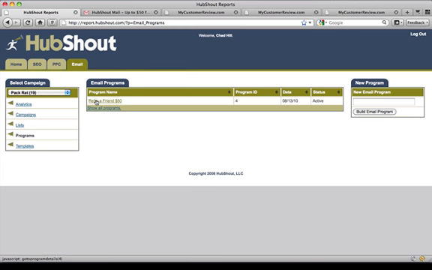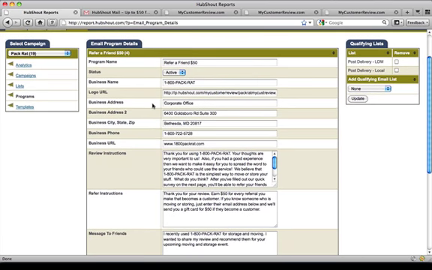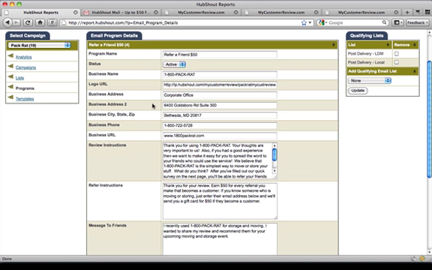So I'm going to go into a program name that already exists called Refer a Friend. You could of course build a new one to the right here. We'll take a look at this. So inside this Refer a Friend program,